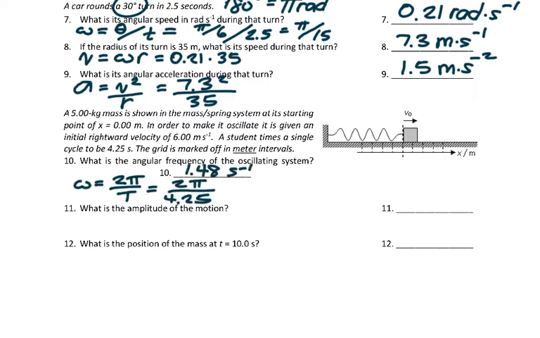And we wind up with an angular frequency of 1.48 radians per second, or seconds to the negative 1, for number 10. Then 11, what's the amplitude, x naught, of the motion? Well, I know the initial velocity in the positive direction is 6 meters per second. And so if I use the equation, plus or minus the angular frequency times the square root of the amplitude